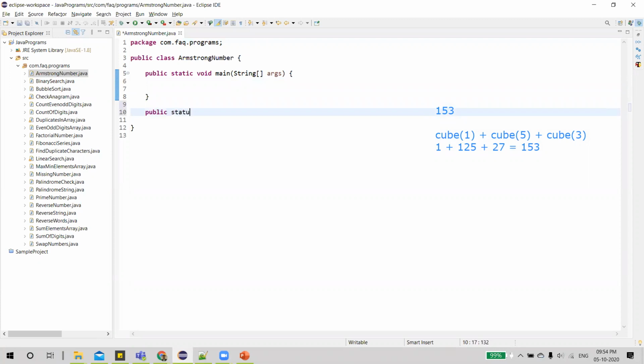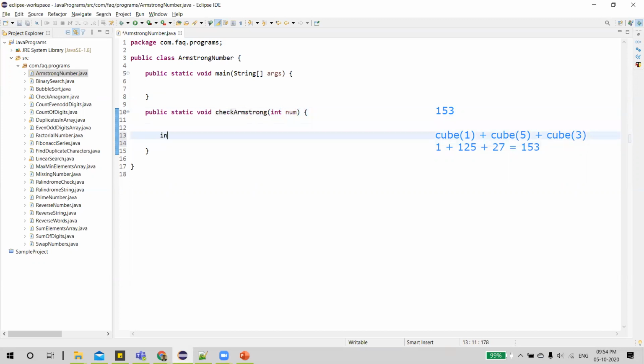I'll name my method checkArmstrong, which takes one parameter, number. This is the input number. Finally, we are going to call this method from the main method.